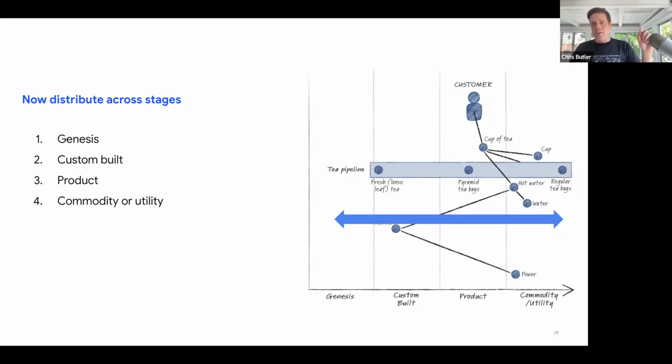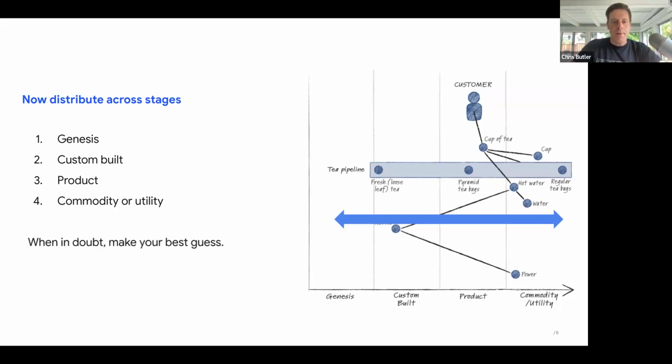And the interesting gameplay that starts to happen, this is another term that Simon uses for movement of these components over time, is this Z format of gameplay, which is that things will go from brand new to commodified. And then someone else will take another higher level abstraction where they create a brand new thing that then moves up to the left. And then that gets commodified. And so this reverse Z pattern is something that is very common in a lot of different industries and the way that it ends up being used.